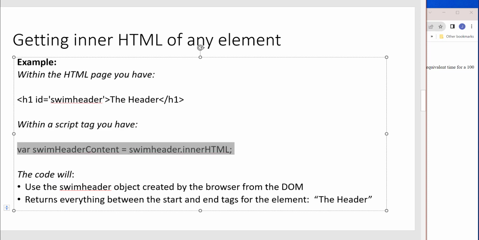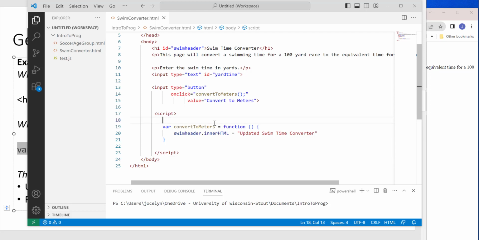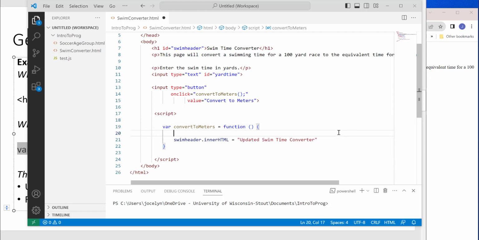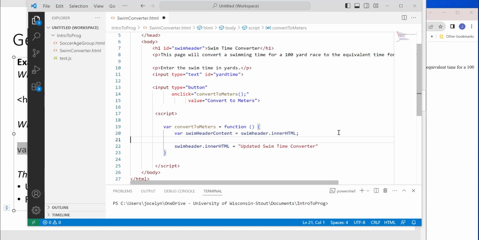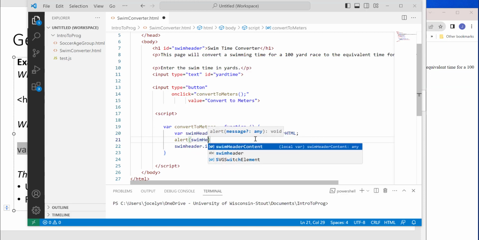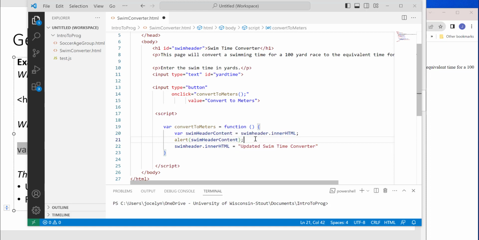I'm going to copy this, go ahead and put it into my function. And then just so that we can see what's in it, we're going to alert the swim header content, that new variable that I created and stored what was in the inner HTML of swim header. I'll save that,